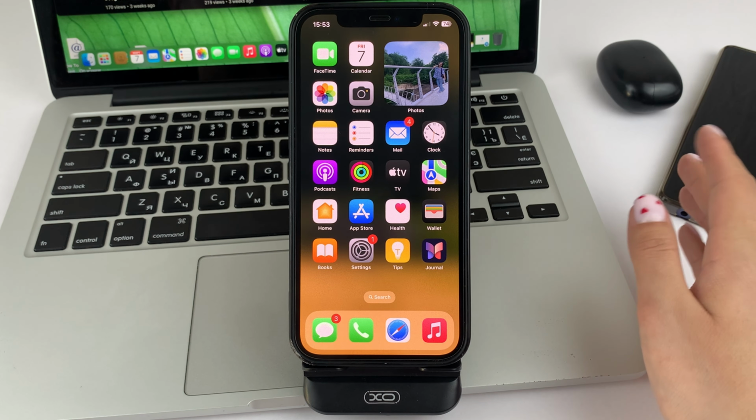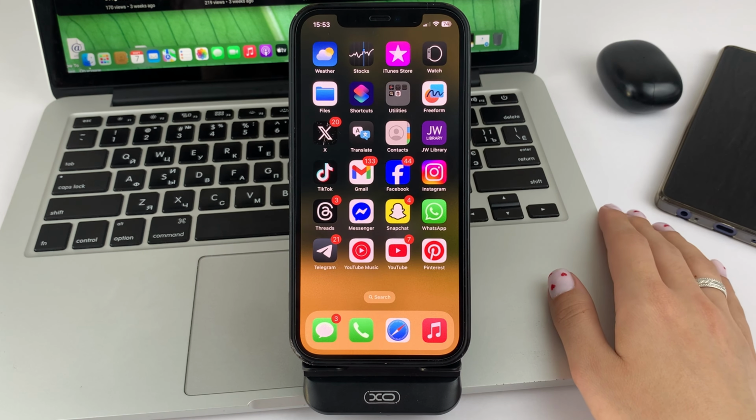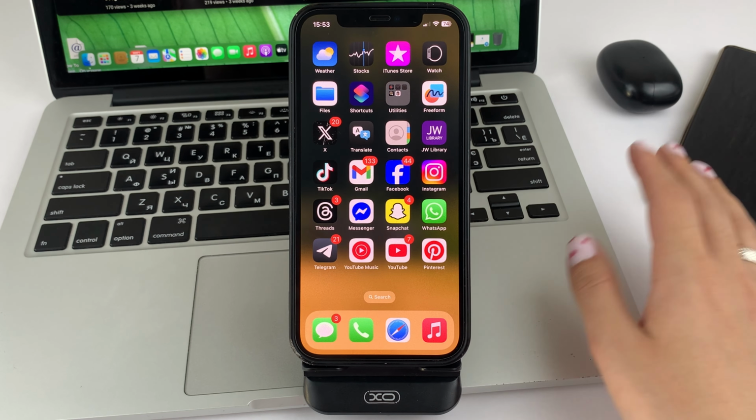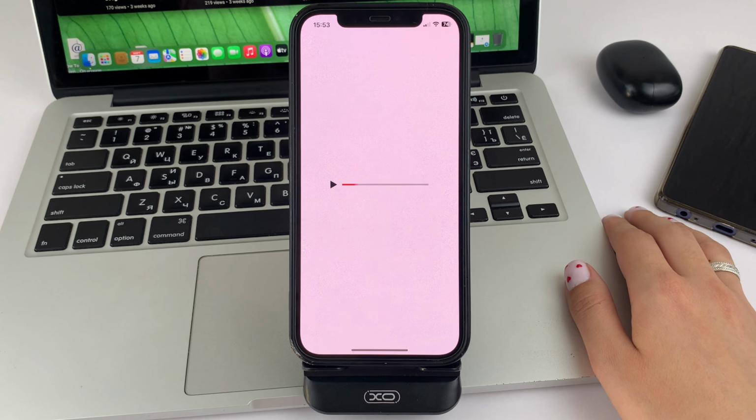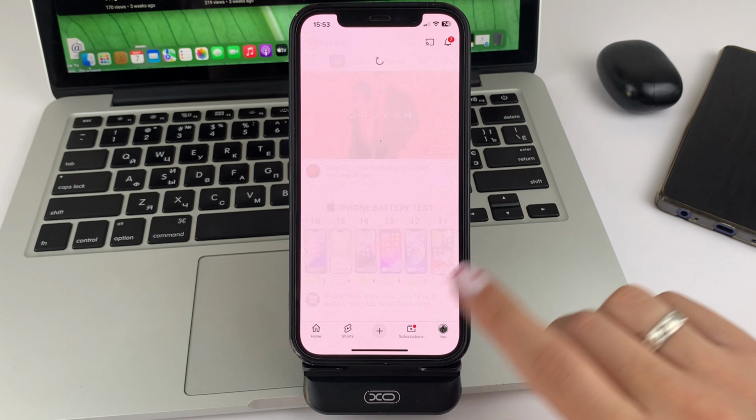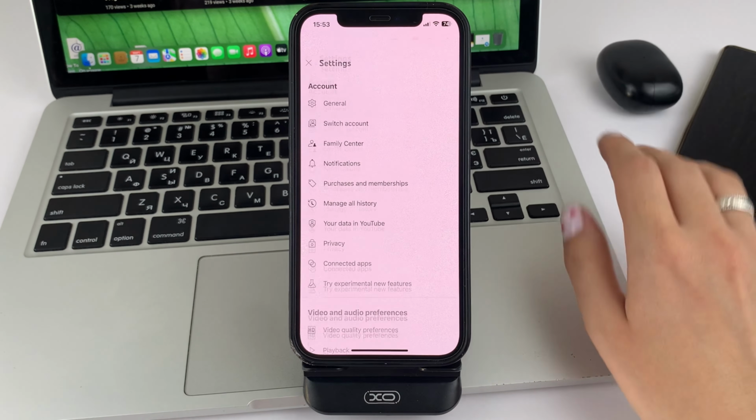Well friends, let's get to our topic today. First of all, friends, please open the YouTube app on your iPhone or Android device. Next you will need to go to the bottom right to the section, then tap the top gear.